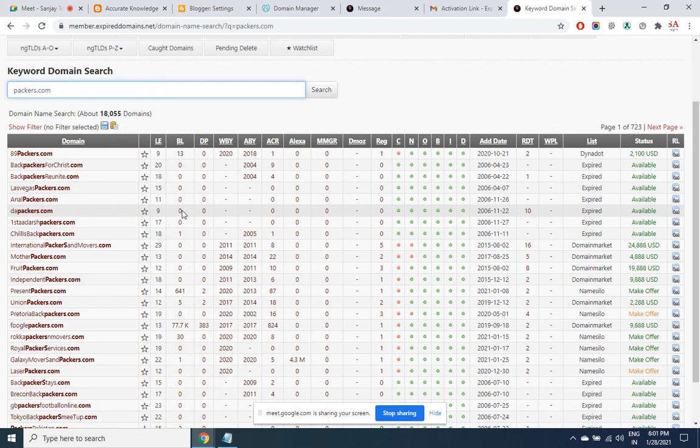So for the time being, there are only three things that you need to concentrate on. One is the backlinks; there should be some number here. The domain should be old and it should not be a spam domain. How to know whether the domain is in spam or not? In Google, when you type check spam score, you'll find plenty of tools. Any spam score less than 3 is okay. They say less than 6, but I say less than 3.